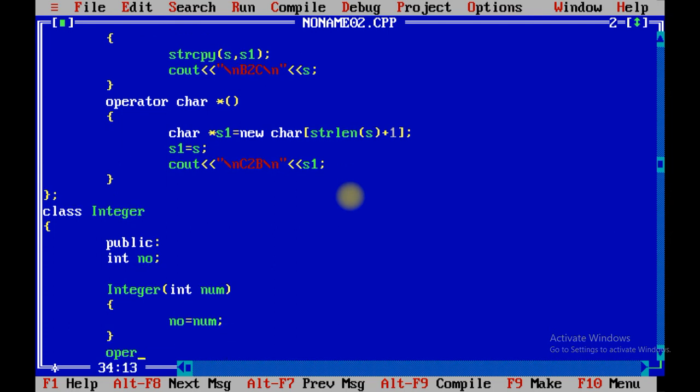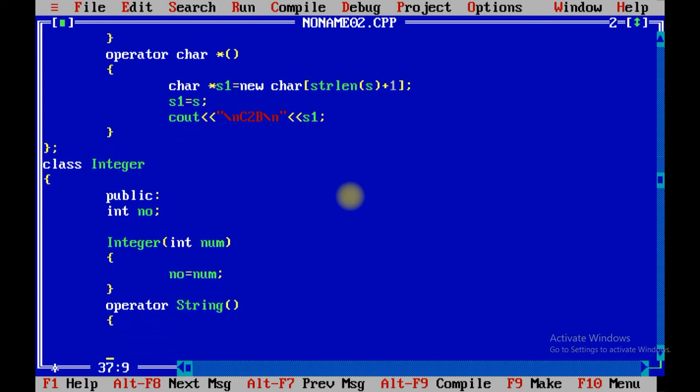Now operator String, in that we are just going to print \n class to class conversion \n and the variable number.